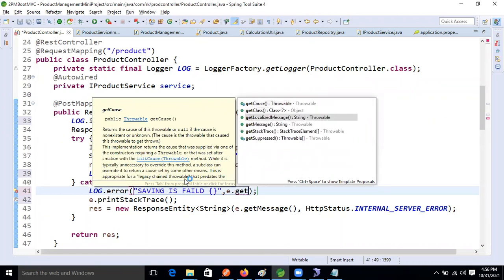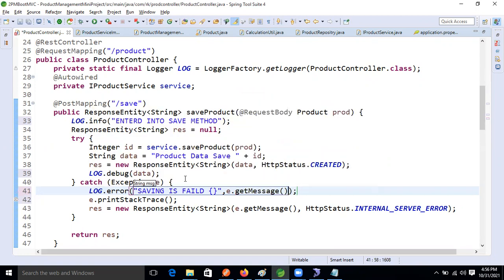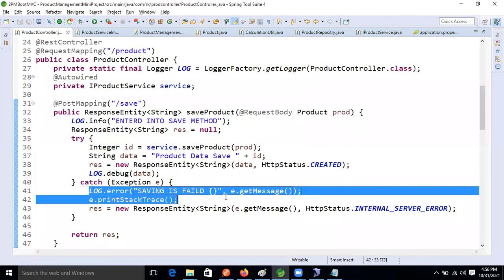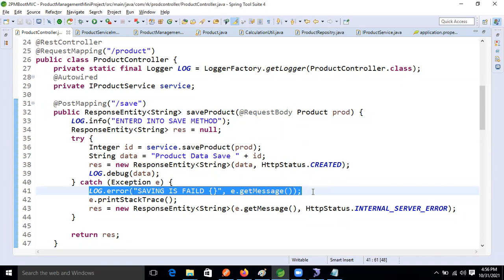For seeing the low-level error, that is our application error, we will take the log dot error method. Where will we use this error method now? In the catch block, guys.